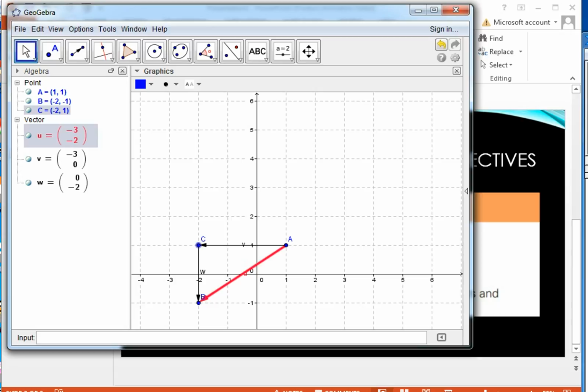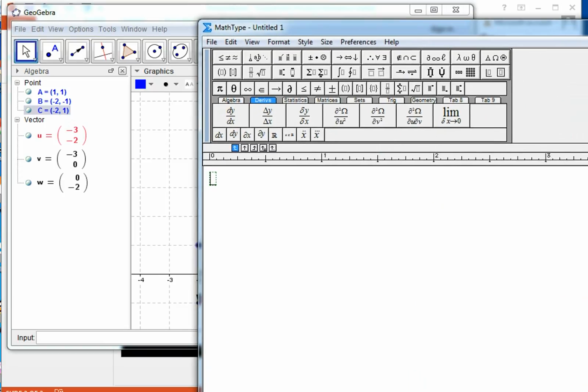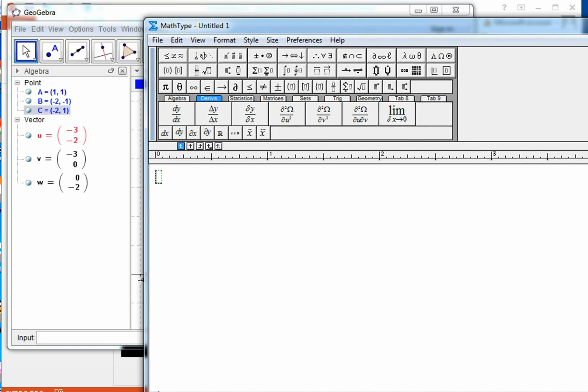Now I want you to look at u, which is (-3, -2), and v, which is (-3, 0), and w, which is (0, -2). Now, this vector here can also be named as vector AB. From there we can say that vector AB, based on our example, is